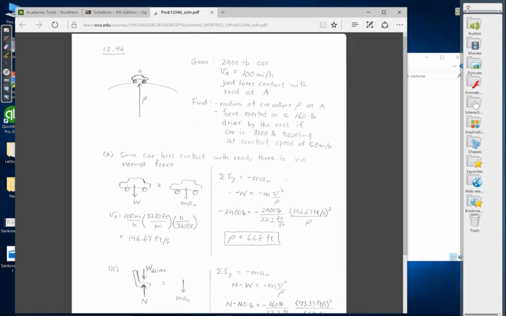And in order to work out this problem, we have to convert our velocity in miles per hour into feet per second. So make sure you know the conversion: 5,280 feet per mile, an hour is 3,600 seconds. All right, so now if you look here in your second law equation,